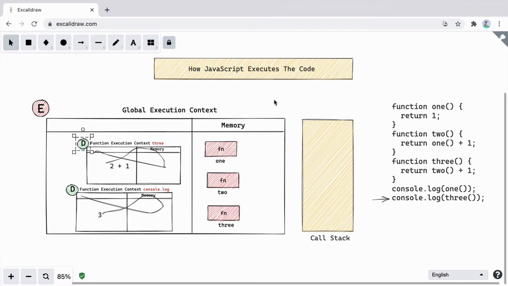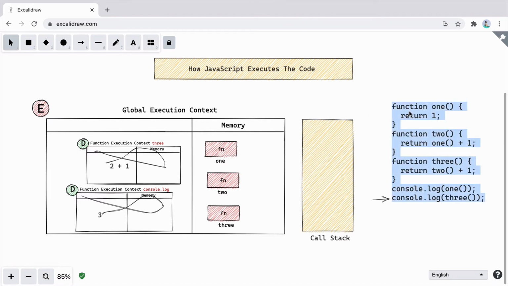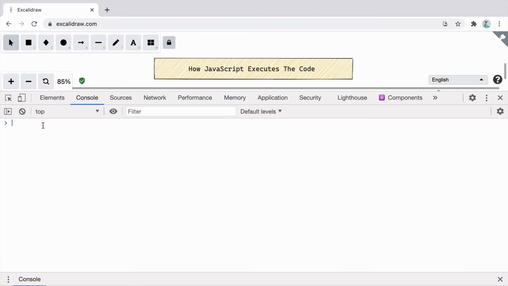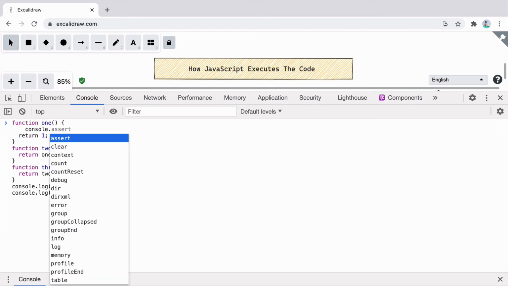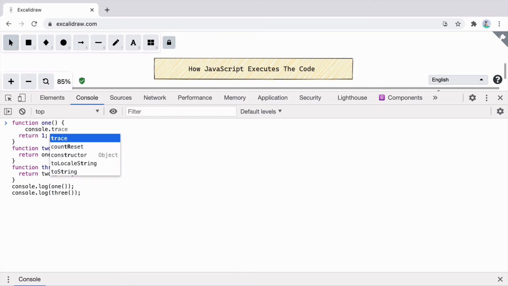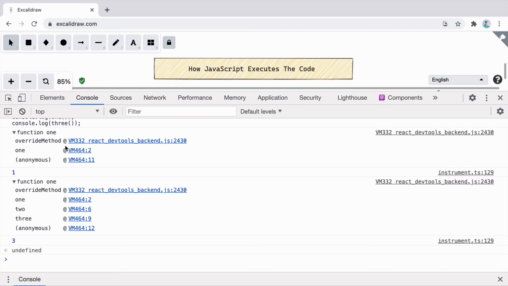So now we have taken a look at how JavaScript executes the code and what is the use case of call stack. Let's go ahead and try to execute this code in the console and see what happens. Here we'll execute the code, and in the output you can see you're getting 1 and 3 as expected. What if I want to change this code and create some issue here? I paste this code again, and what I want to do is, as soon as you come on this line, I want you to give me the trace for what is happening at this point of time. So here you can use the console function console.trace and say function1, and now I'll press enter. See what is happening here.